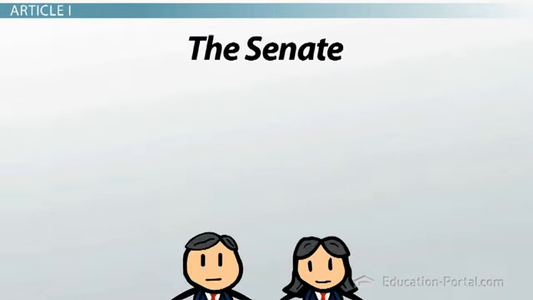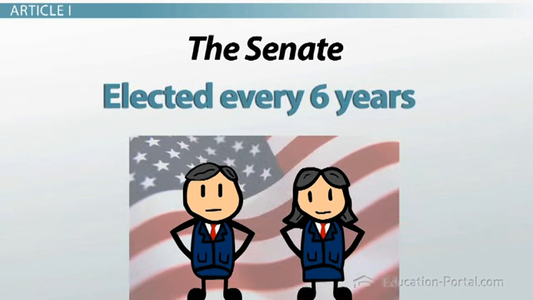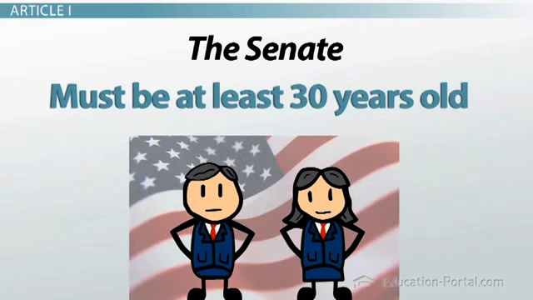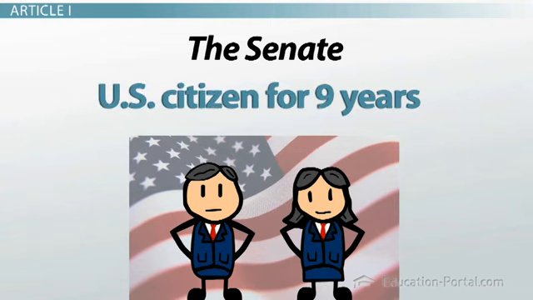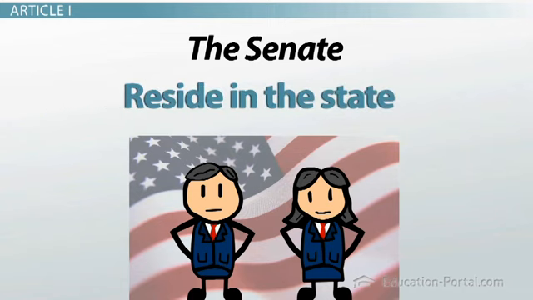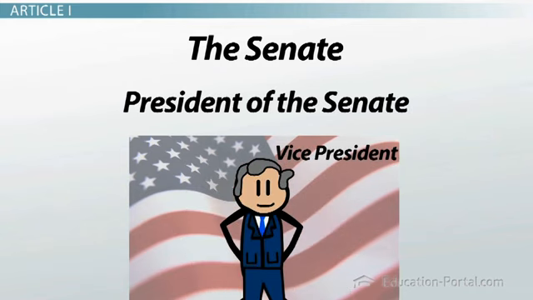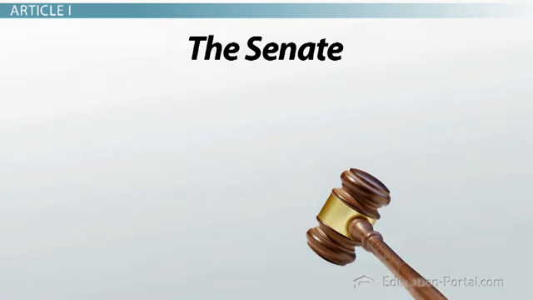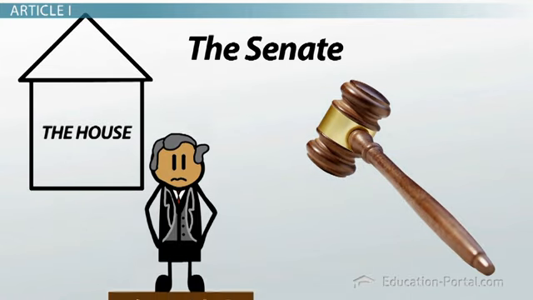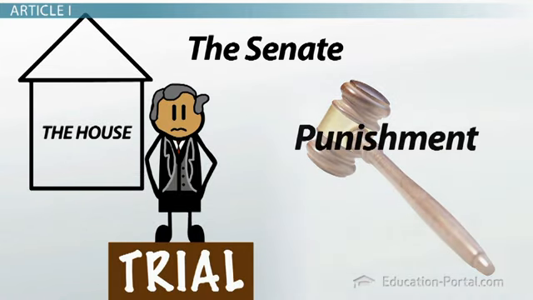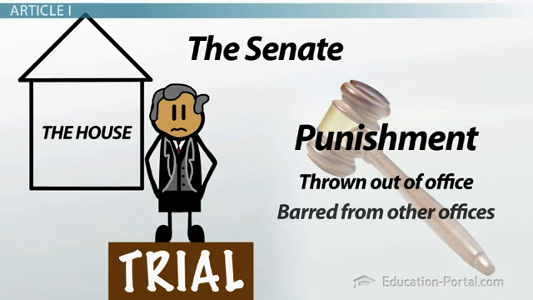In the Senate, senators are elected every 6 years. They must be at least 30 years old, have been a U.S. citizen for 9 years, and must reside in the state from which they are chosen. The Vice President of the United States is the President of the Senate, but the VP has no vote unless there is a tie that needs to be broken. The Senate holds the trial if the House chooses to impeach the President. The punishment can only go as far as throwing the President out of office and barring them from holding other